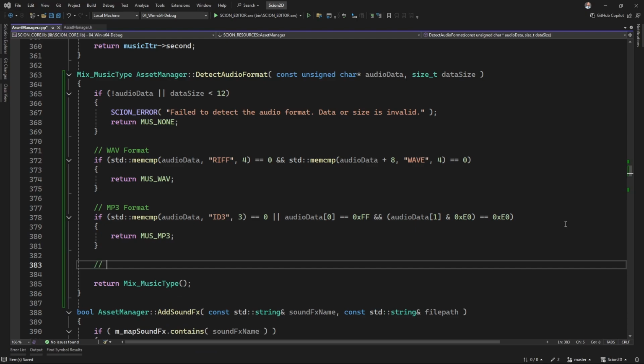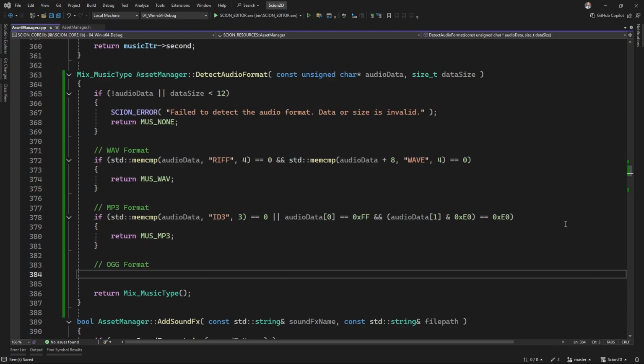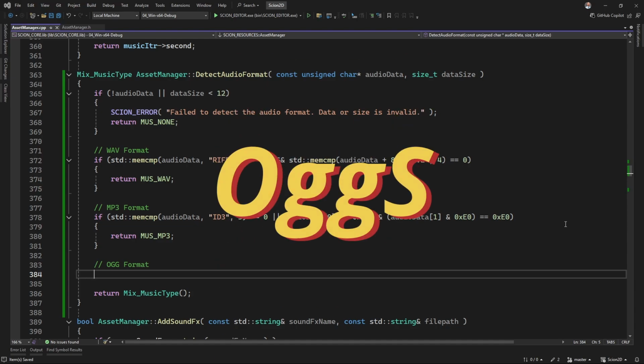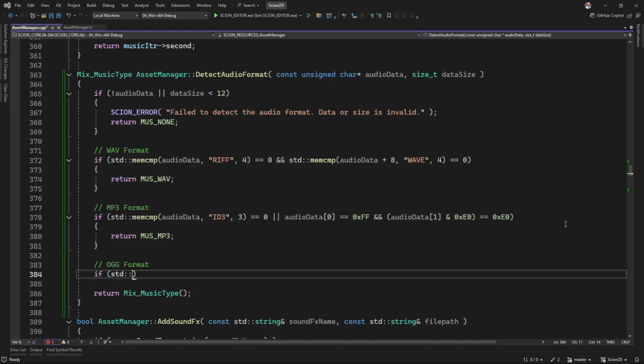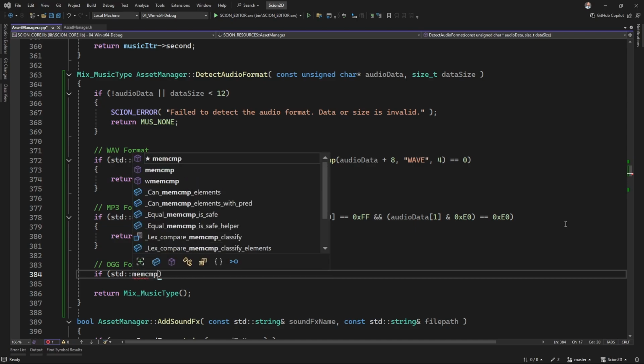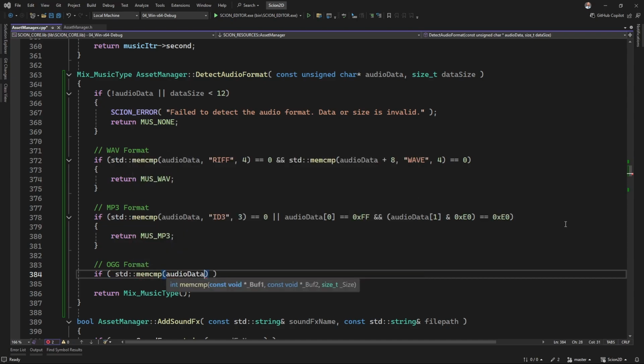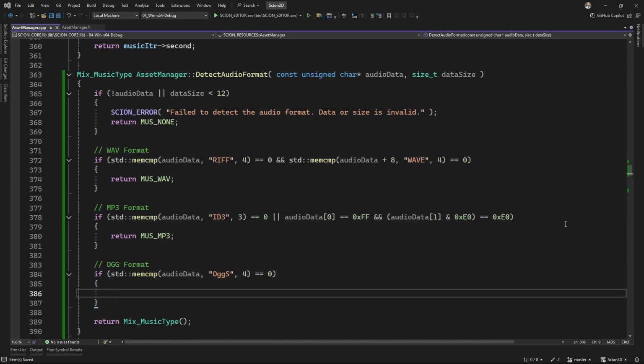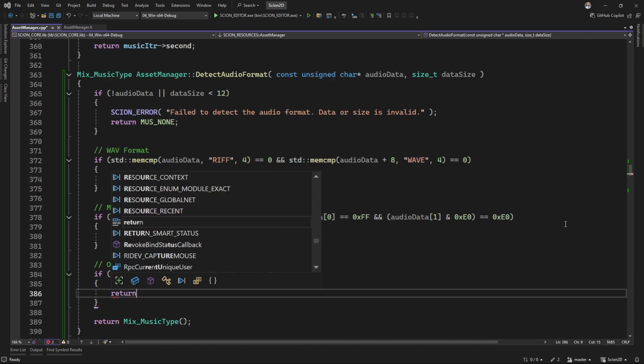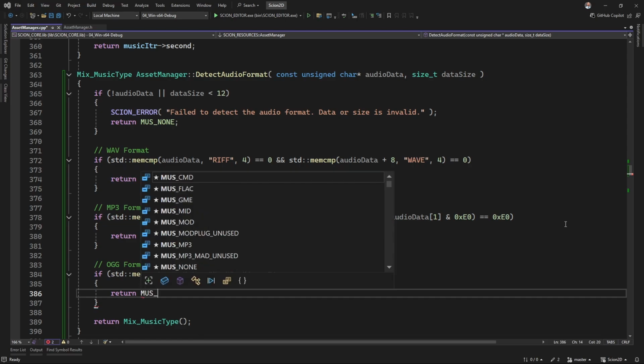Now we want to do the OGG format. OGG files begin with the signature OGGS, so if std compare audio data is OGGS like that, and we're comparing 4. And then we can return,